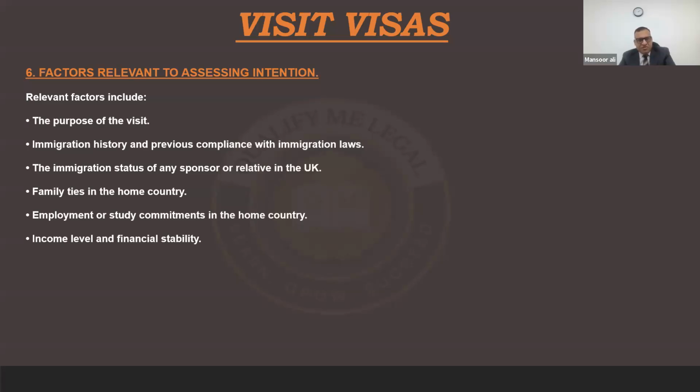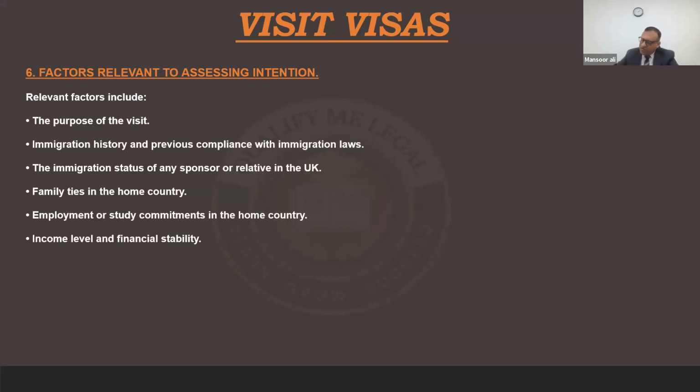You need to prove that you are a settled person back in your home country, and the only way to prove it is your bank statement in terms of affordability. So the bank statement should be logical. There shouldn't be too many ups and downs or ins and outs in your bank statement, and there shouldn't be too many transactions which you can't justify. As I told you, it should be logical and like that of a normal businessman, if you are a businessman.